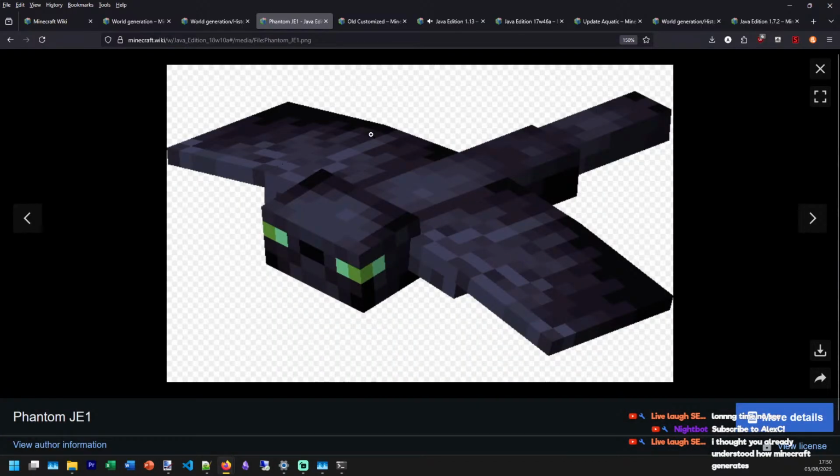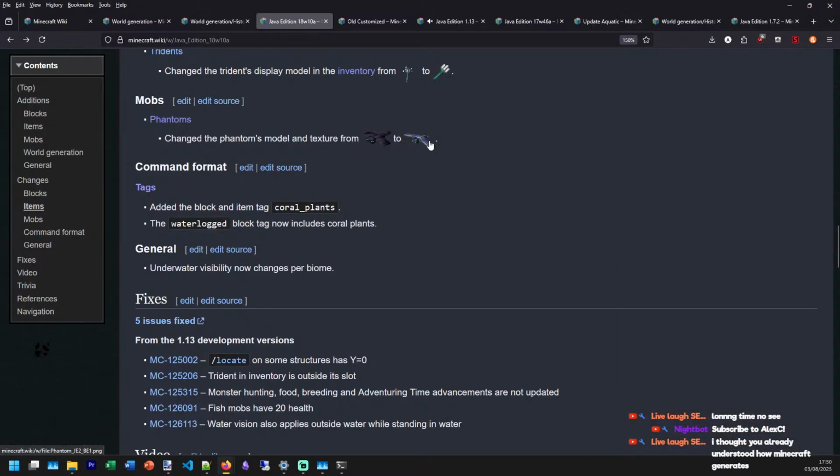Oh my gosh. That is actually beautiful. It looks like a cat with wings, like a bat, but like a cat and a bat mushed together.